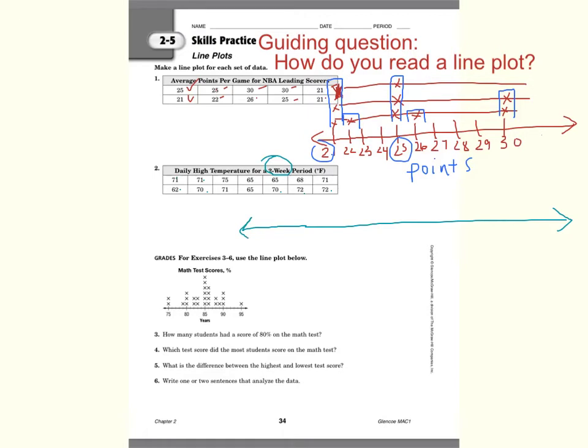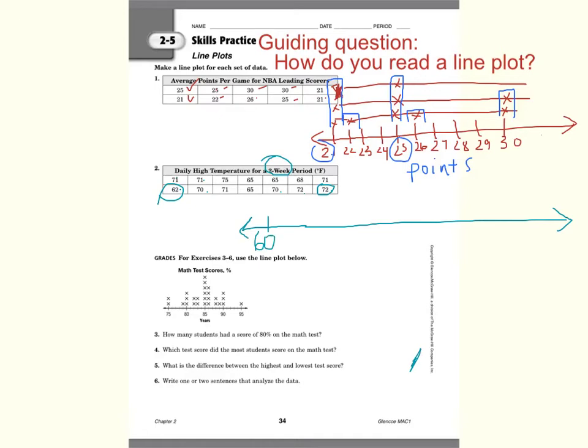Okay, that way my numbers are not so crowded. What's the smallest number we have? Smallest number I see is a 62. What is the biggest number we have? It must be 72. Okay, so if I'm going to make these less crowded, I'm going to start with 60,